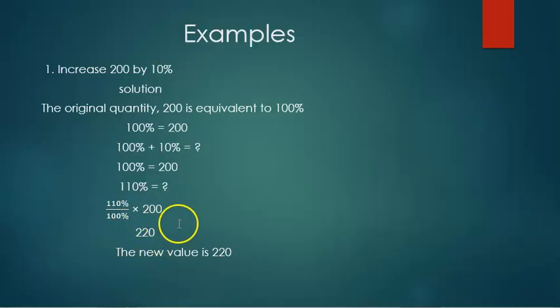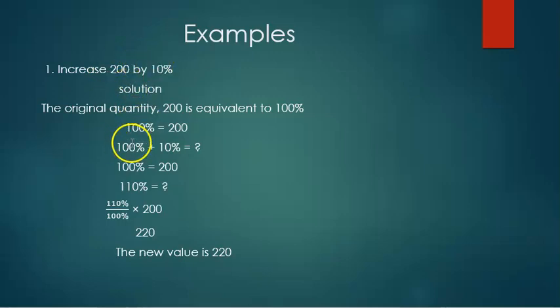And when you do the computation, we're going to get 220. So the new value is 220. The new quantity is 220. So you see how simple it is. So to increase 200 by 10%, the original quantity which you are going to increase by 10% is equal